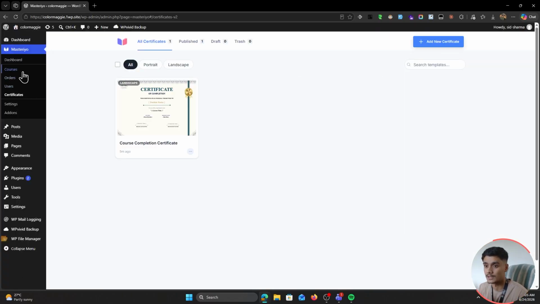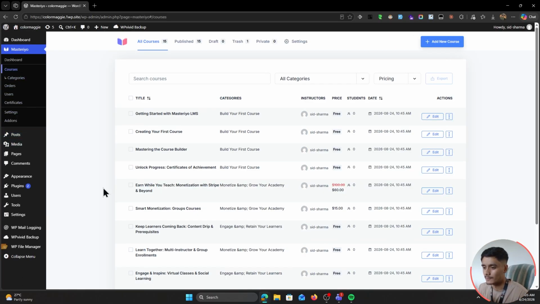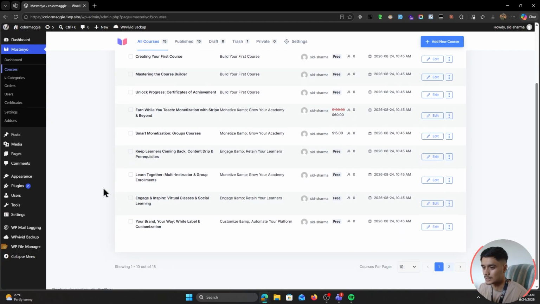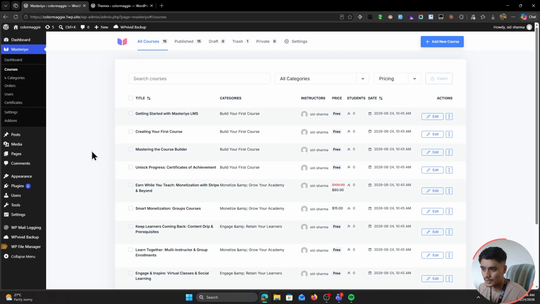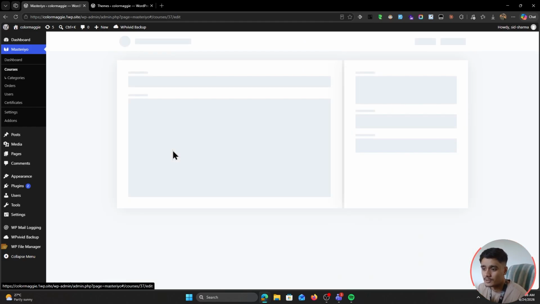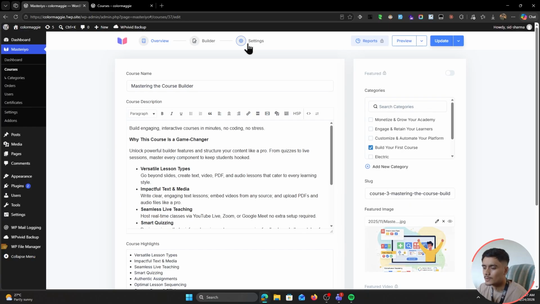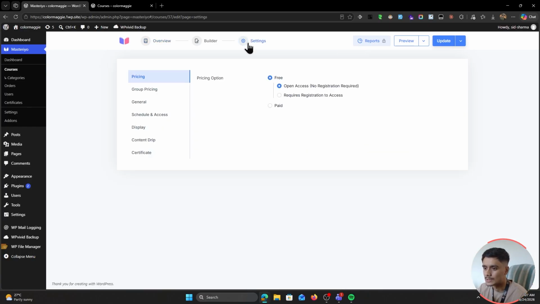a course. For that, let's go back here within our courses menu, and from in here, let's pick a course. So these are the starter courses that you can import when you're installing the Masteriyo LMS plugin. I guess for now, let's just select whatever course we have here, Mastering the Course Builder. Now from in here, you've got your course settings. Simply go over to settings, and you should see certificate here. Simply click on it,